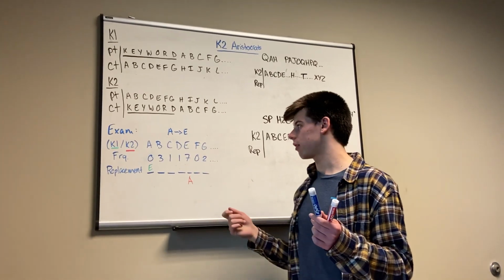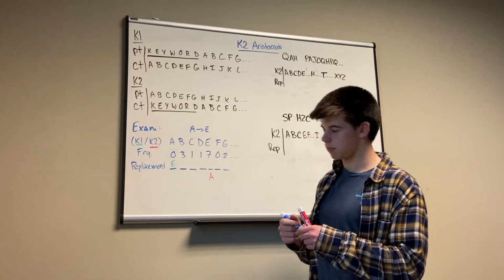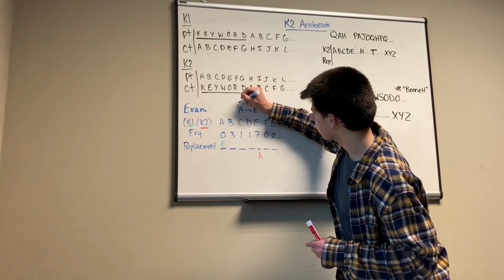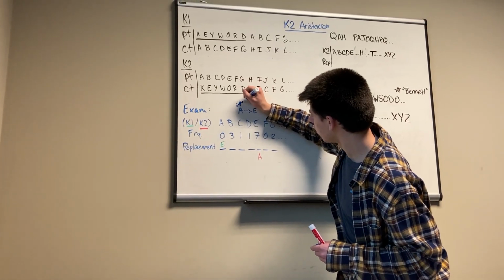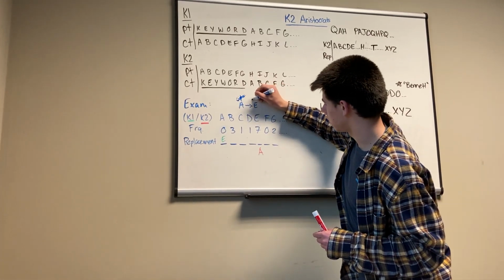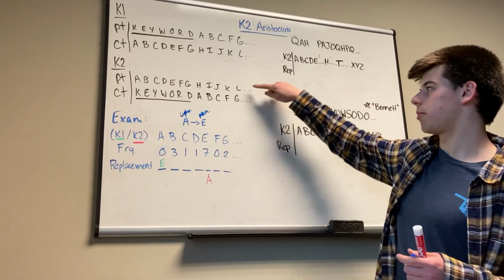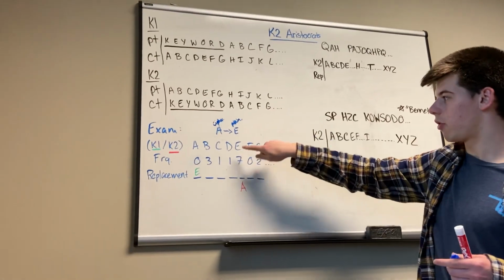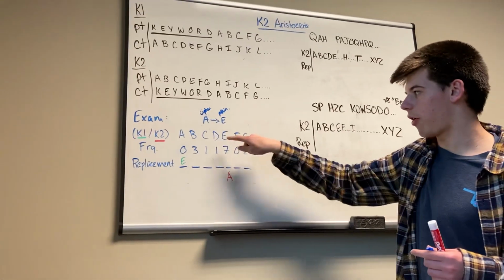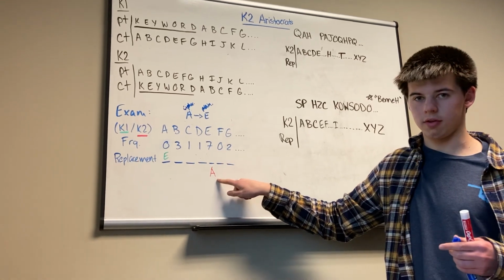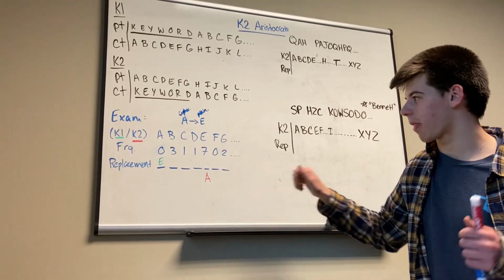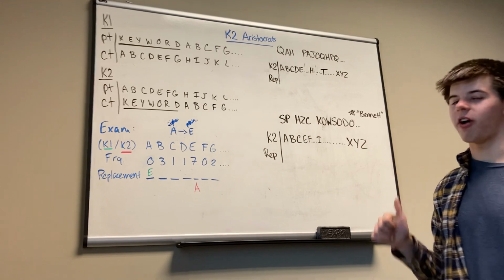So if I think, hey, this ciphertext A is actually the plain text E, then with a K2 alphabet, you need to respect the fact that the plain text is the regular alphabet. So I'm going to find E in the regular alphabet and write A underneath. Okay, if you followed that,